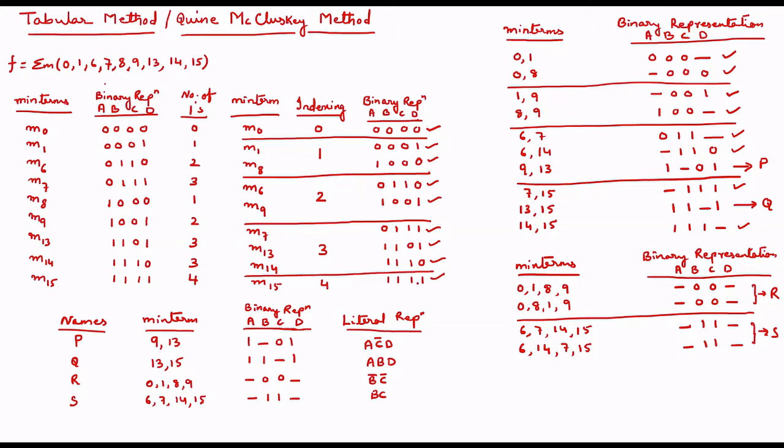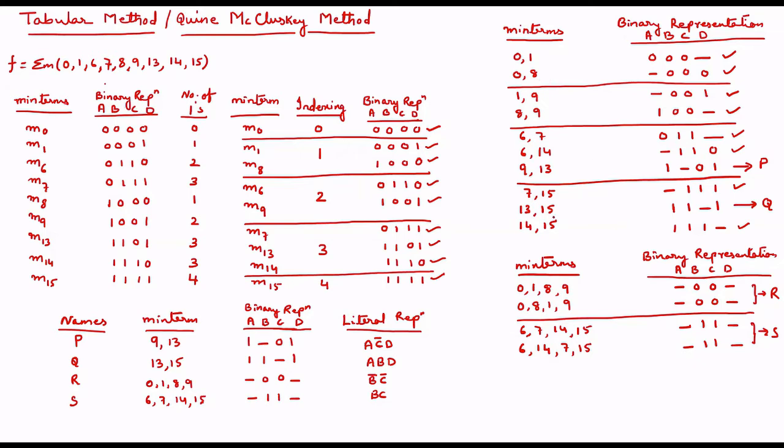In a similar fashion I have done for all the groups, and I have mentioned the groups over here. Now you can see after 6 14, I have done; then 9 13 I am doing, and then I am marking this group is over, this group is over. In this way, then 7 with 15, 13 with 15, 14 with 15 I have done. If change is there I have noted, if change is not there I have left, and I put a tick mark over here. So in a similar fashion I got this table completed. Once this table is completed, I will go for the next table, because further addition has not been done. I haven't got any prime implicants.